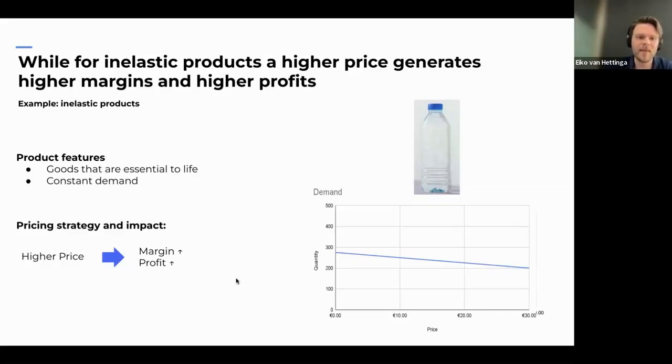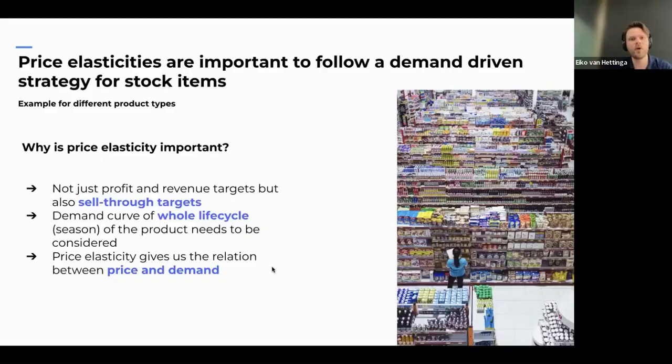There are also other use cases or types of products where understanding price elasticity is important. One of these product types are items that we buy on stock and that we want to sell off over the life cycle of these items. Could be, for example, fashion products that are only relevant to a certain season, or this could be food products that spoil after a certain